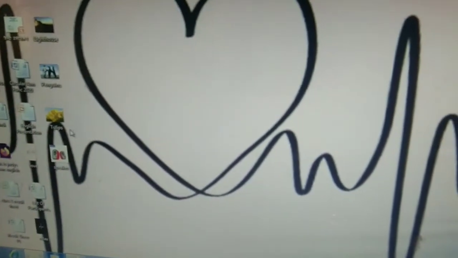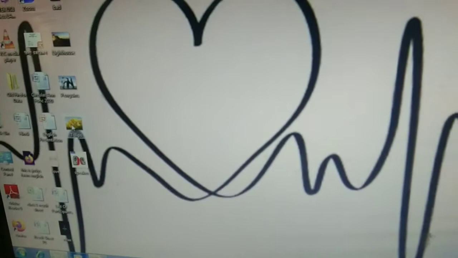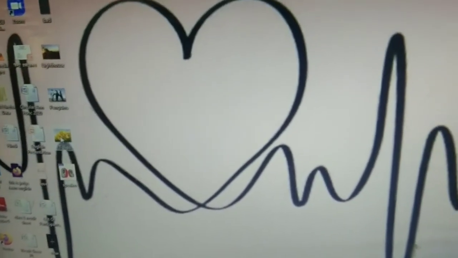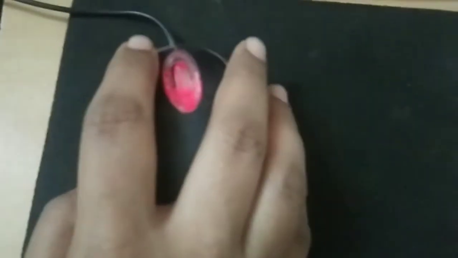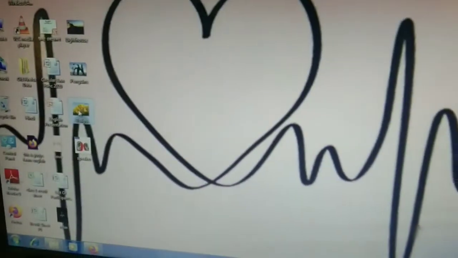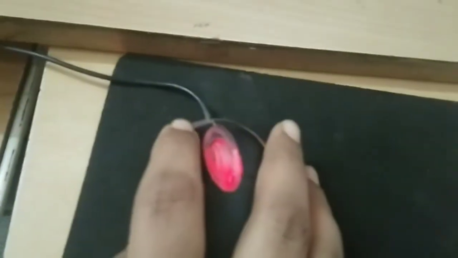Fine. Now I am going to click this picture. Click means when I press my index finger here 2 times, I will do the double click. 1, 2.